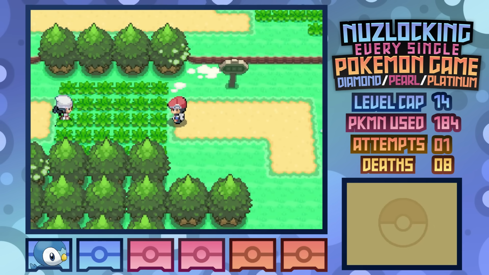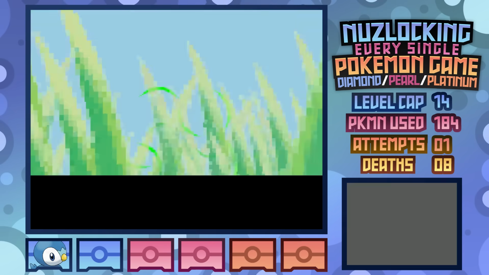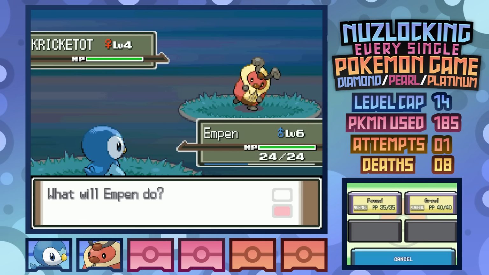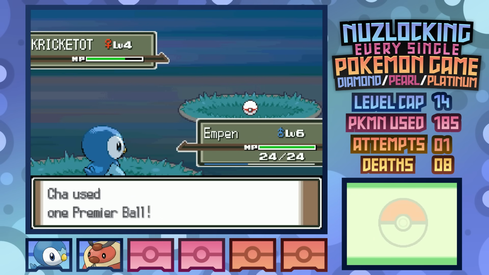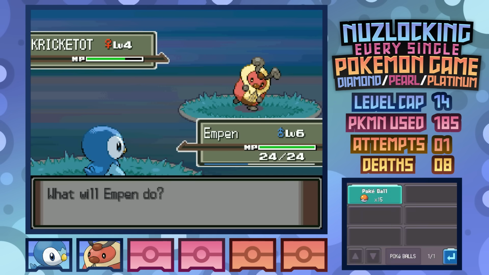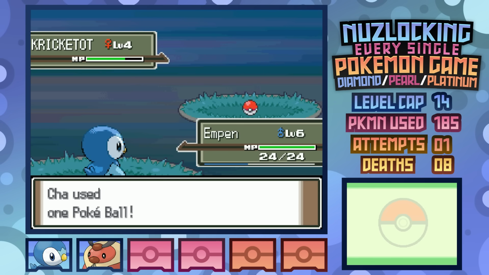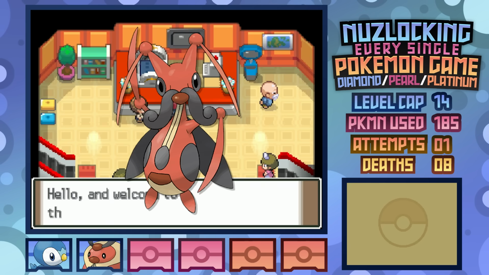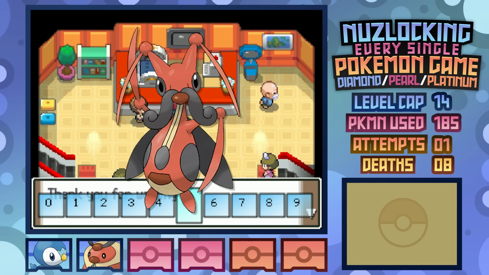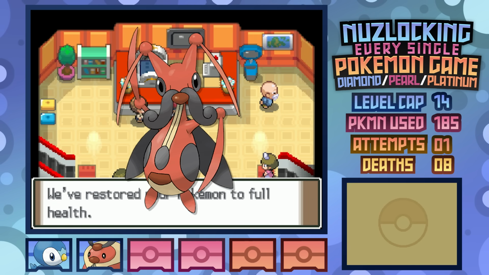Moving up into Route 202 past Sandgem Town, we can add Kricketot to the team during the night. Now, Kricketot's not a good Pokemon, not by a long shot, and only gets worse as time goes on and power creep ascends, but at least in Platinum, it's a decent physical attacking option, with Kricketune eventually having access to Slash, X-Scissor, and Night Slash by level up, and a wide variety of moves by TM like Return, Brick Break,